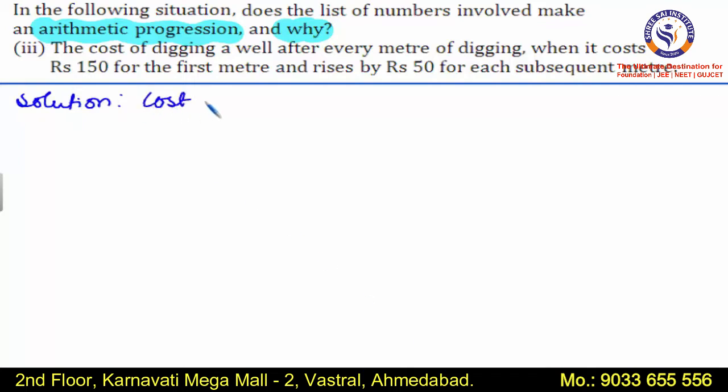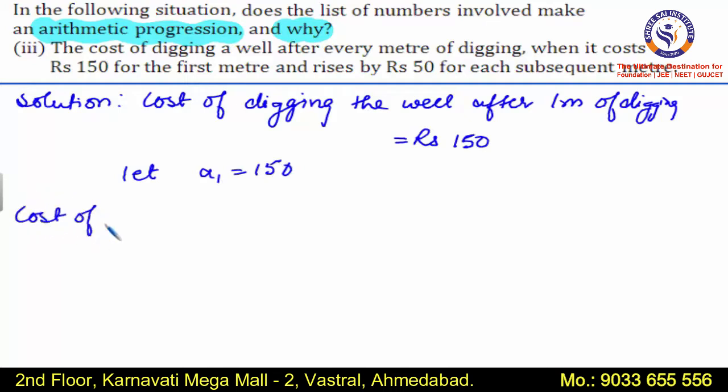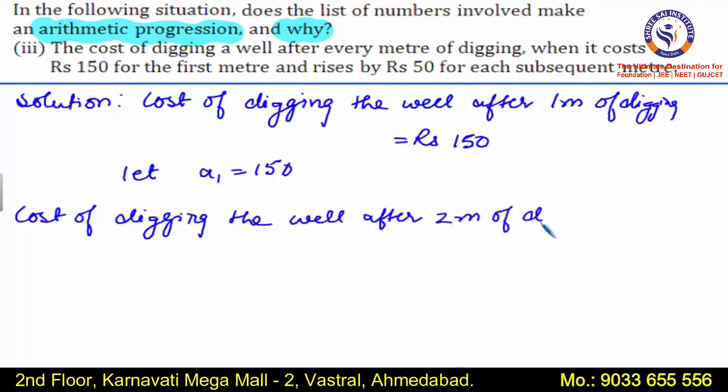The cost of digging the well after 1 meter of digging is equal to rupees 150. Let A1 is equal to 150. Now the cost of digging the well after 2 meters of digging